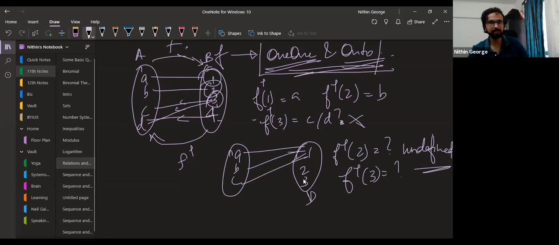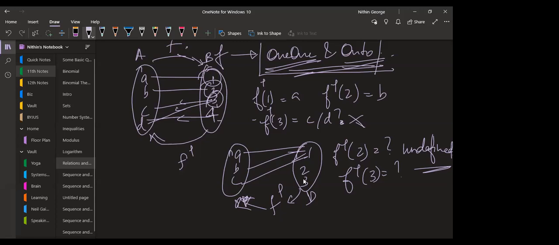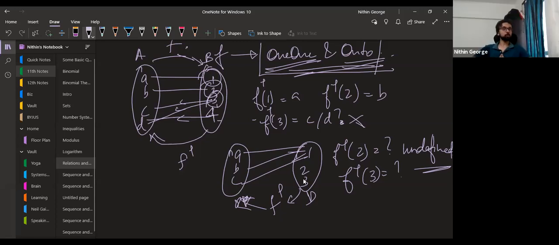This is the domain, this is the range of the inverse function. All points in the domain should have an image. That is the other condition of a function. And that is taken care of by making it onto. Got this? Yes, sir. If you didn't get this, please ask. This is important for this chapter. I'll be basing my explanations on this. So, if you have any doubts, please ask right now.